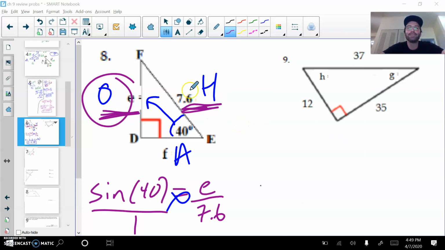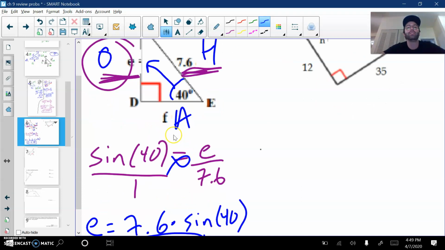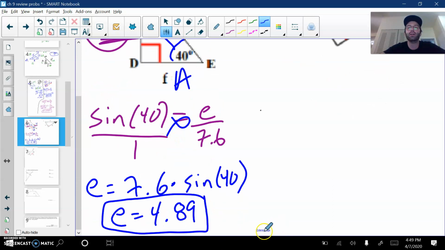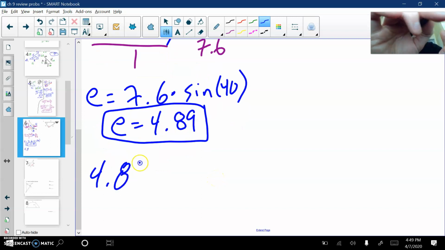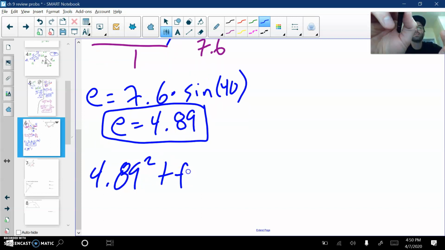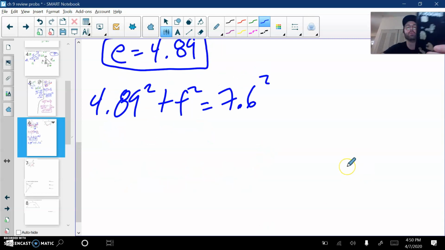But we're back. All right, so let's solve for F now. To solve for F, I'm going to do the Pythagorean theorem this time, since in the last one I did trig again. I'm going to say 4.89 squared plus F squared equals 7.6 squared. Just so you know that there are multiple ways to solve a problem. 4.89 squared equals some